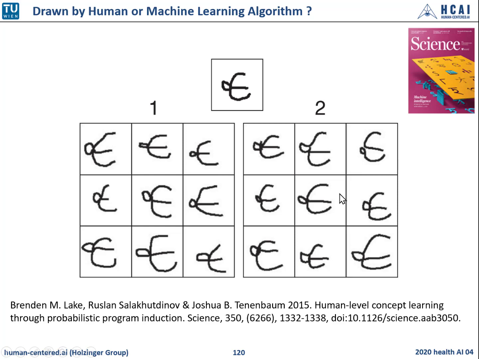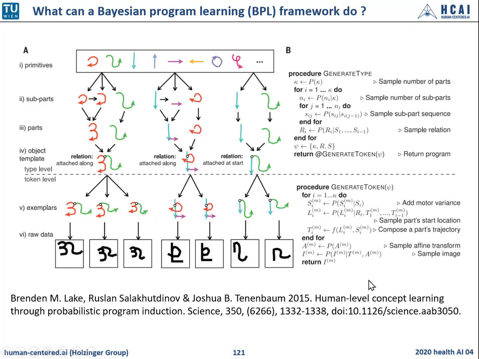And why am I showing this? Because this is what can be done by probabilistic programming. This famous paper, Human-Level Concept Learning Through Probabilistic Programming, used probabilistic programming. And what can a Bayesian program learning framework do? This is just an example of what can be done. It is capable of learning a large class of concepts from few examples and generalizing them in a way that you were unable to tell me what was done by a human and what was done by a machine. So I think now you are curious to get your first assignment on probabilistic programming.